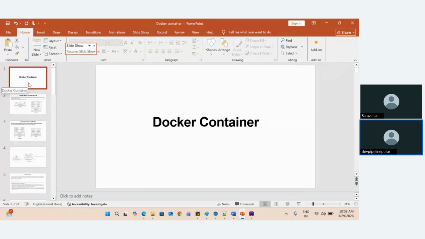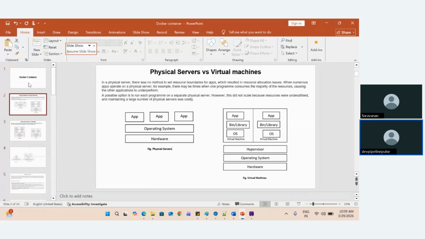So first of all, before entering into the container, we should know the difference between what is a virtual machine and what is a physical server, and why we are coming towards this container. That understanding is very much important. If you say initial days,